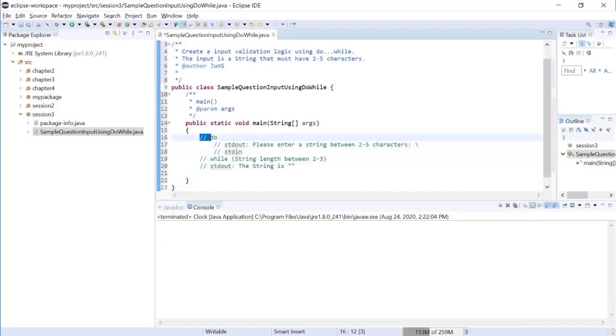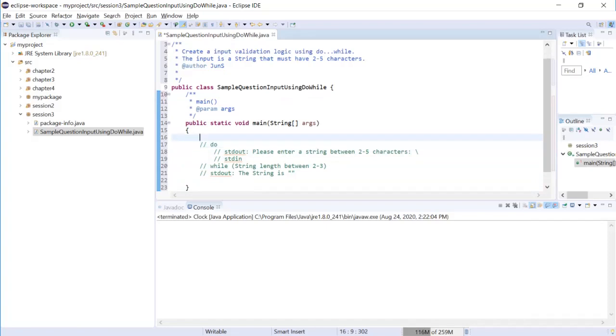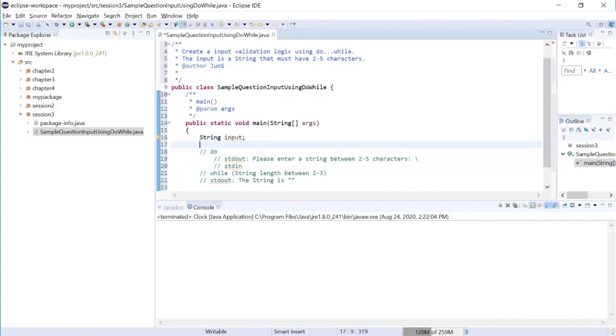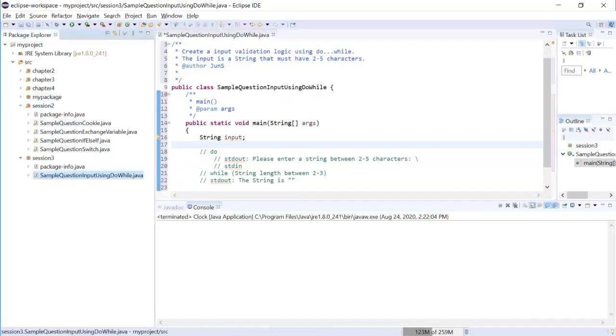If we want to print out a string, then we will need to have a string defined. We will also need to create the input device,